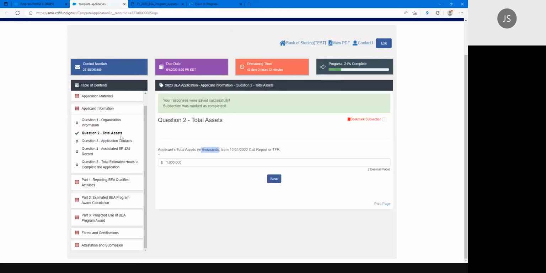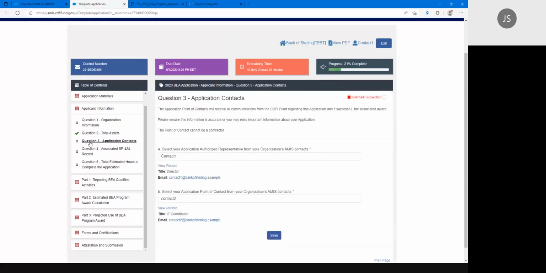Okay, so you can see that it's saved successfully, and when you save and complete everything, you'll receive a green check mark indicating that everything has been answered. So moving on to question 3, you're going to select your authorized representative as well as the point of contact